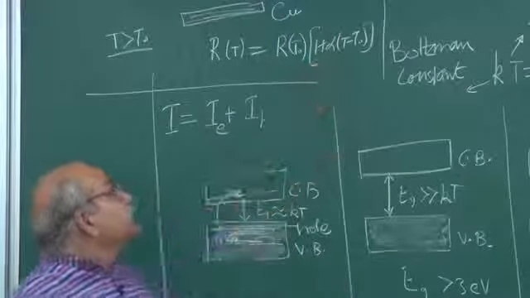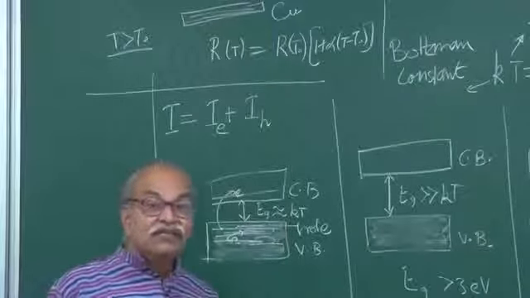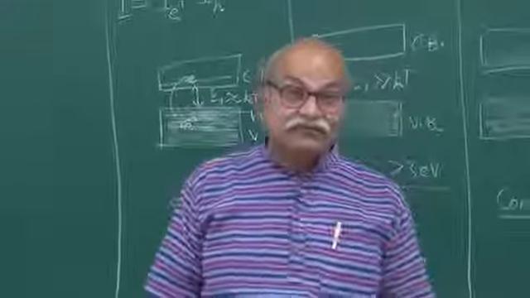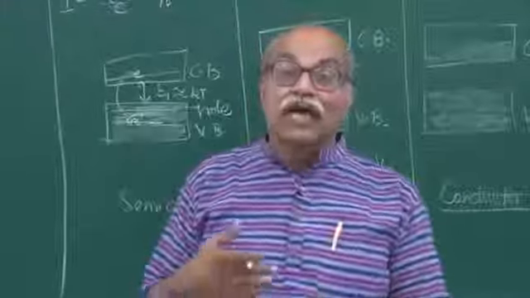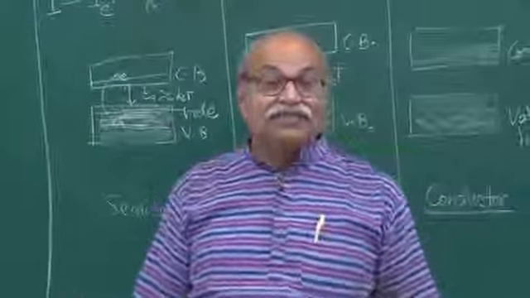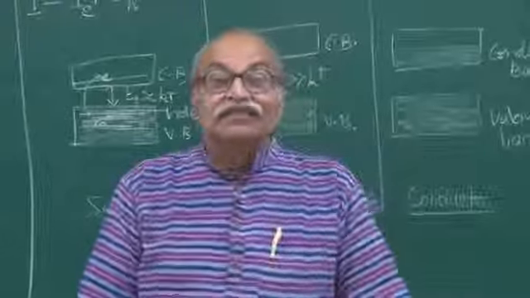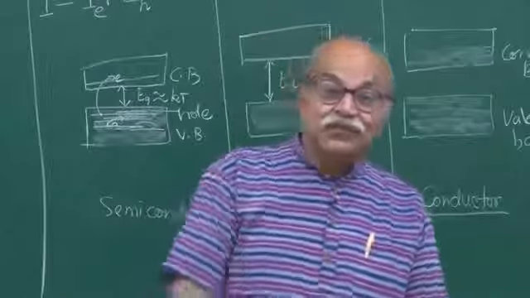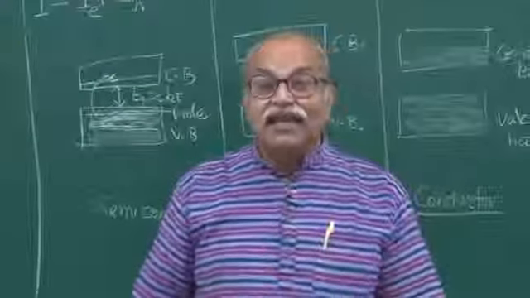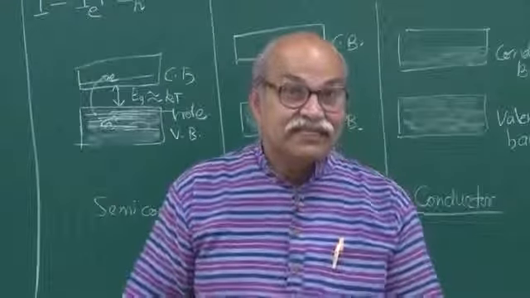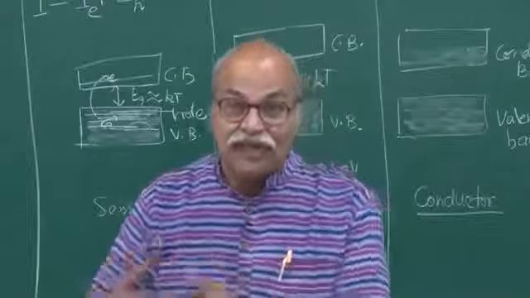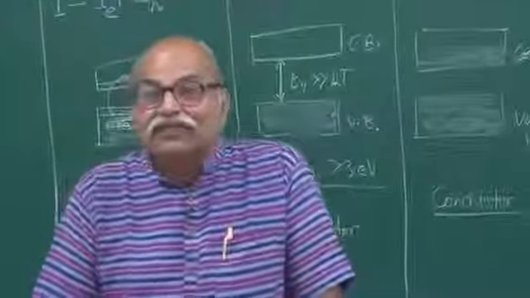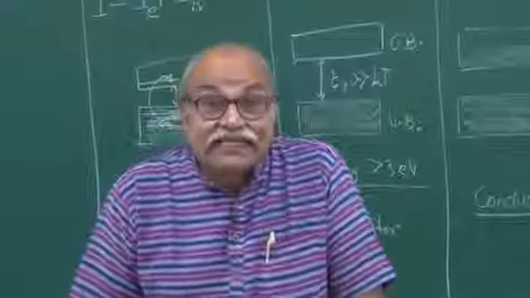This alpha is known as the temperature coefficient of resistivity. Once you increase the temperature, the resistance goes up. And in elementary classes, we say that the electrons are making more collisions with whatever they encounter in the lattice, and because of this increased number of collisions, they are not able to go ahead in response to the electric field, and that is why the resistance increases.